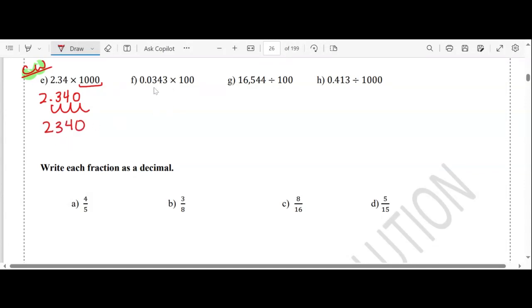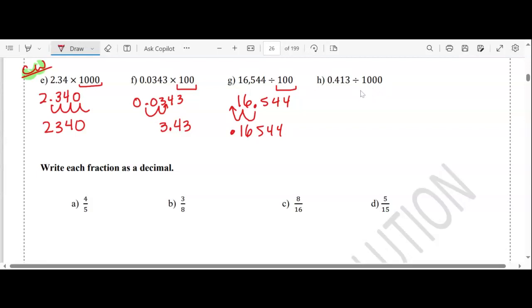Is this clear? This one, I'm going to make the number bigger or smaller? Bigger. So this is the number, right? So I'm going to move it how many? 1, 2. So it's going to be 3.4. Now here, this one, I'm going to make the number bigger or smaller? Smaller, because division. Move to the left or to the right? Left, because I make it smaller. So 1, 2. So it's going to be